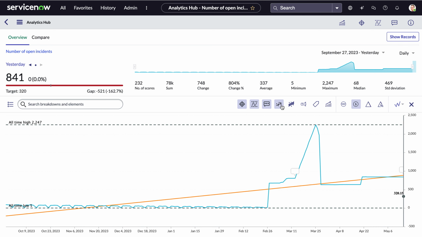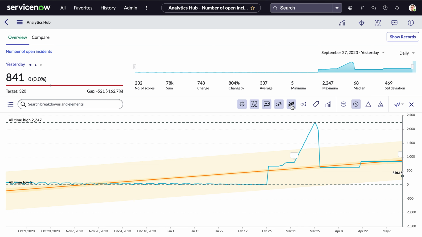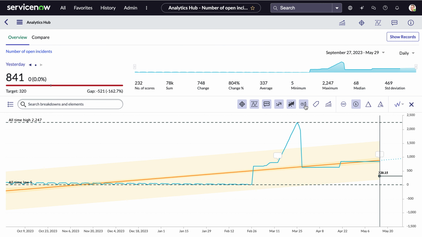We can also filter to see the trend line and the confidence band. And the one distinctive feature that I mentioned earlier was this ability to also forecast the data. So when we forecast it, we can see what this is predicted to look like towards the end of May from our current date here. And we can see it's predicted to reach 946, so to continue going up when our target is to go down. So perhaps we should create a continual improvement initiative off the back of this to help us aim to lower